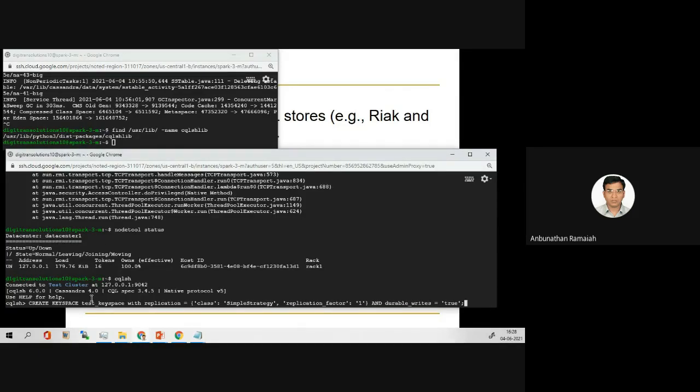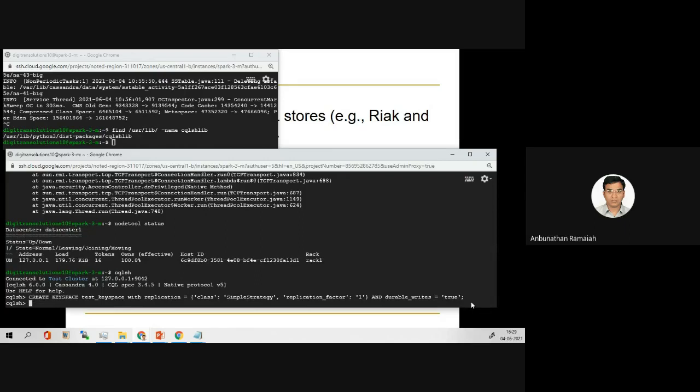I'm trying to create one keyspace, just a keyspace. The name is test keyspace with replication SimpleStrategy. Replication factor is only one because we don't have other nodes here. We are not using the other nodes. Durable writes is true. That means we want the data to persist for a long time. So we created.